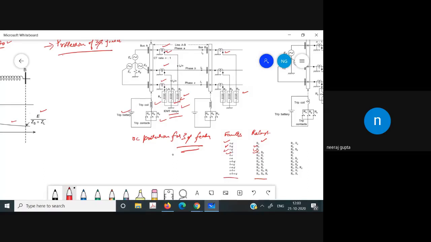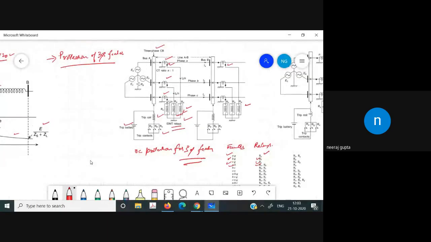However, there are certain issues which must be taken into consideration while going for this type of protection system. What is the problem? Some problems are there in this type of protection. We have used the overcurrent protection, and it caters the 11 faults, so that is desired. However, there are certain cases which must be taken into consideration.